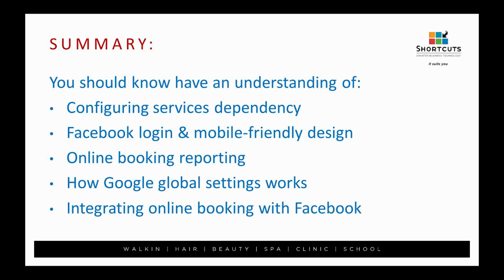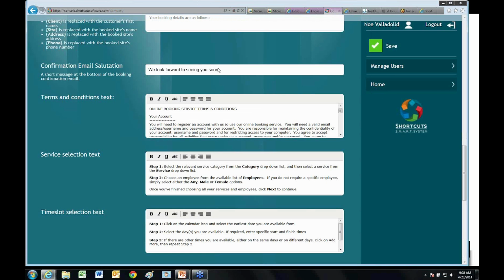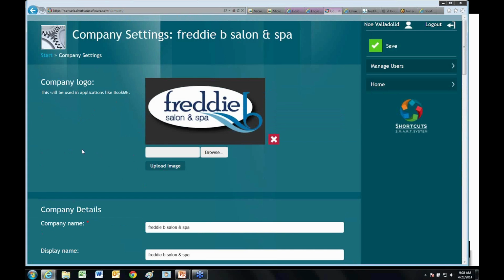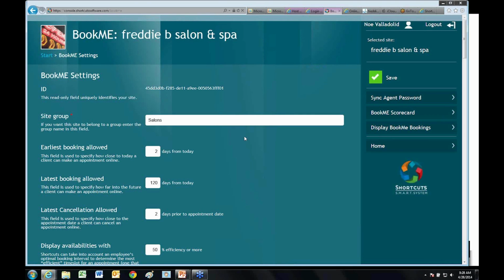So to do that, we're going to go back to the console. So let's jump back. And we're going back to the main console page. To reach that from the company settings, we select the Start button on the top left corner. So again, we're back on the company settings. Now the third row here, the third box in the center, the BookMe settings, if we select that, on the